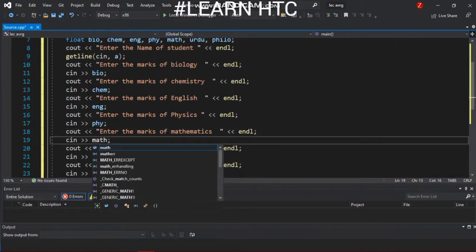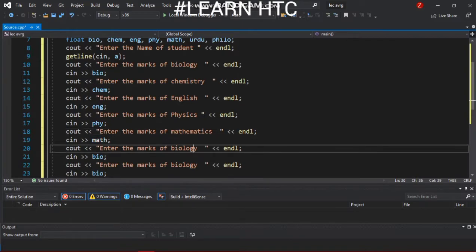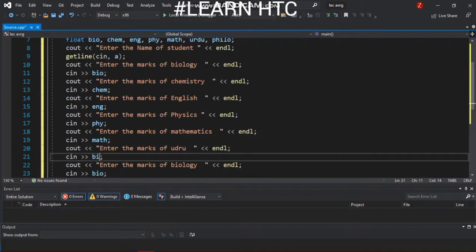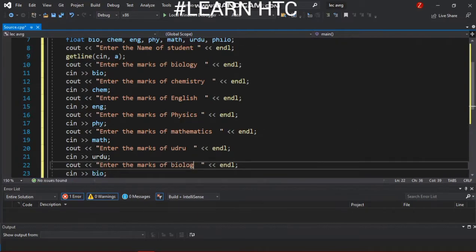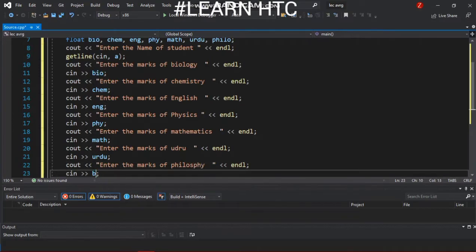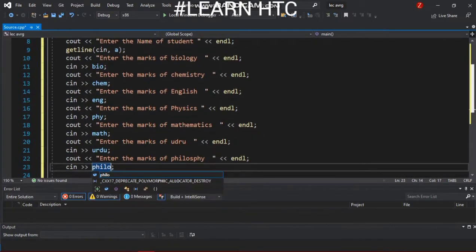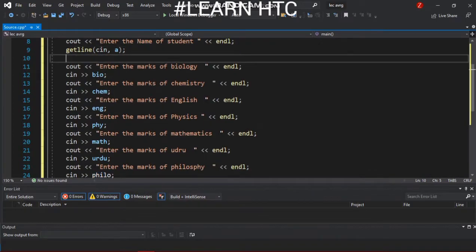I am just using 7 to clear the concept of how to find the average and how to find the sum. Sum was taught in previous videos, but we are using that concept again. At the end we have philosophy. We use a variable for philosophy marks. Here the name and the marks in each subject are entered by the user.